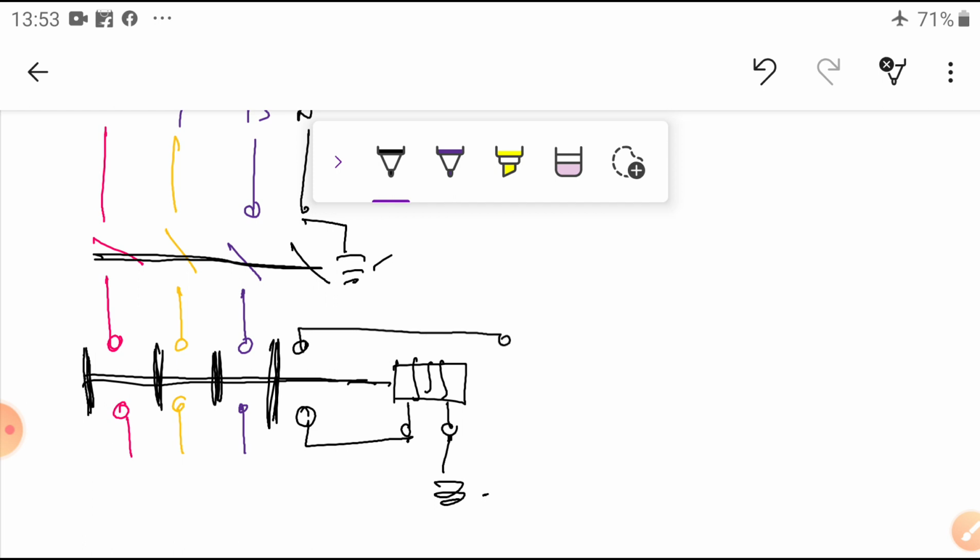Then for the coil, this supply is given to this one, connected here, and I placed a start push button, a green button, and connected the start.